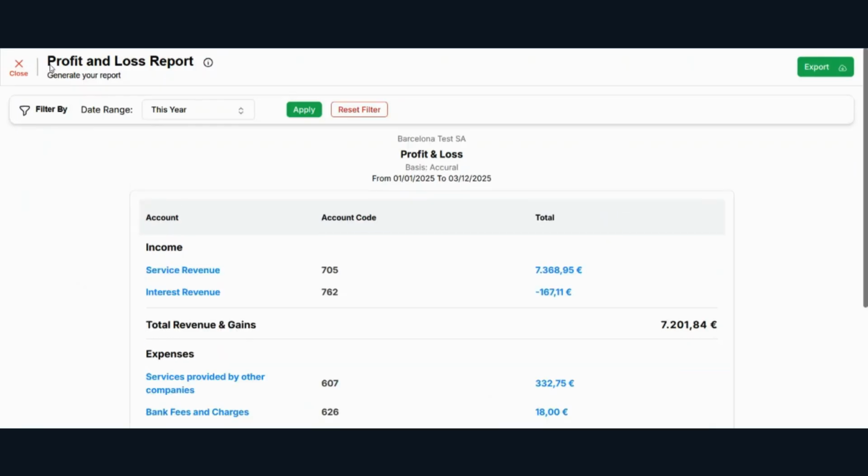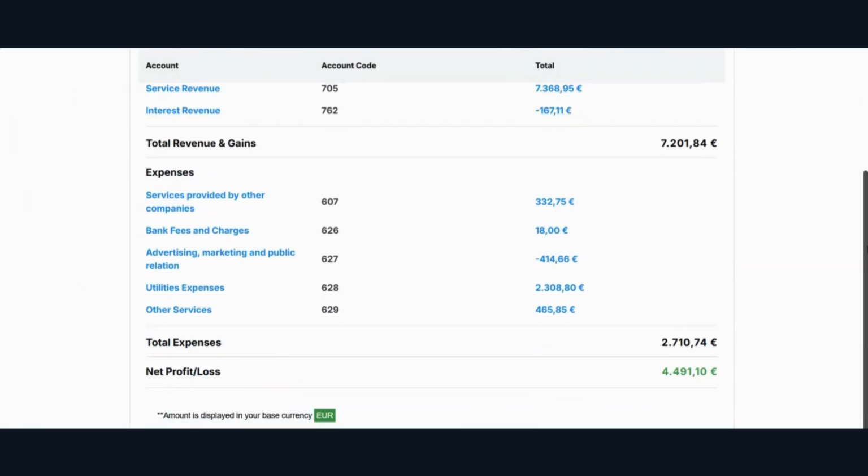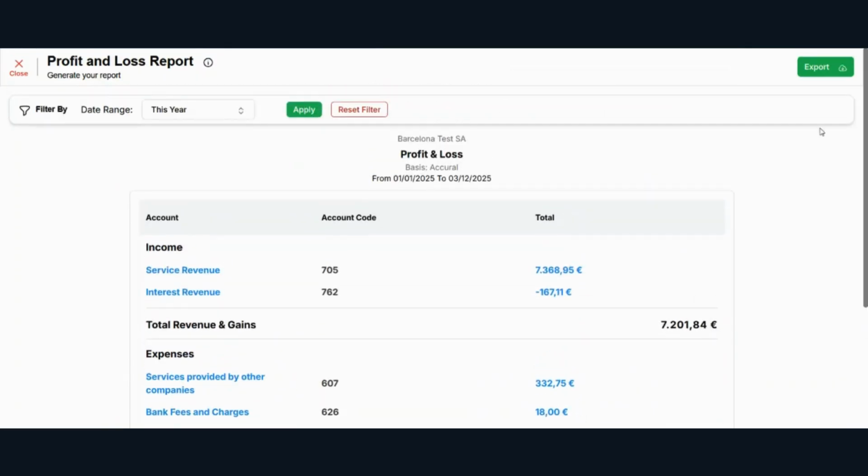Here you can see this profit loss report. You can see this template or format. Here you can get your company-wise profit and loss report. You can filter it date-wise by month, by week, by quarter, by year, or you can customize your date also.